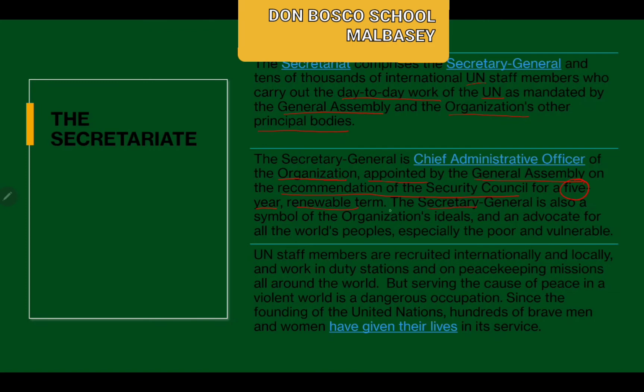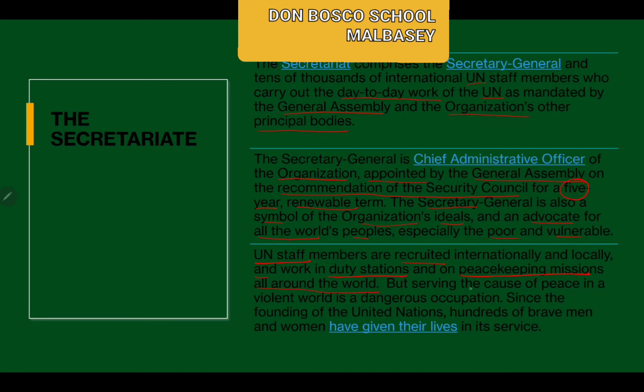The Secretary General is also the symbol of the organization's ideals and advocate of all the world's people, especially the poor and vulnerable. So the Secretary General is elected for a 5-year term, and again he can be elected. What are the main functions that the Secretary General talks about? He mainly focuses upon the people, especially the lives of the people who are very poor and vulnerable in the world. UN staff members are also recruited internationally and locally and work in duty stations on peacekeeping missions all